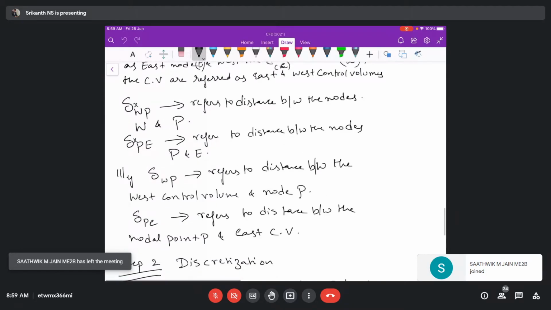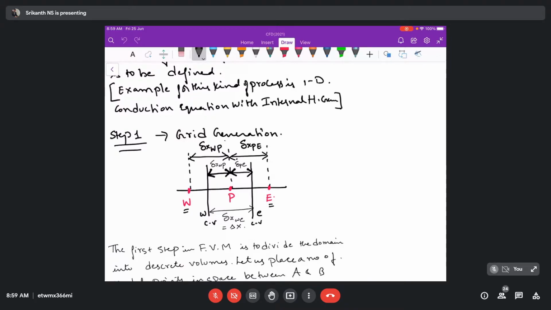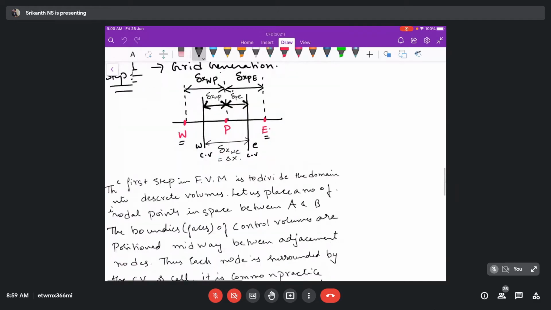What is our step one? Our step one is discretization, grid generation. Suppose if I have given you the length of a rod of say 10 centimeter or something, we have to first divide this domain into some number of control volumes such that the boundary also becomes a control volume. Okay, the left and right end will also be a control volume. In between that also you have to divide it as an equal number of control volumes. Okay, and we are going to consider the node inside the control volume. Our attention is across the control volume, what is the rate of change of any property happening. So this is our first step. So the first step is what is called grid generation.